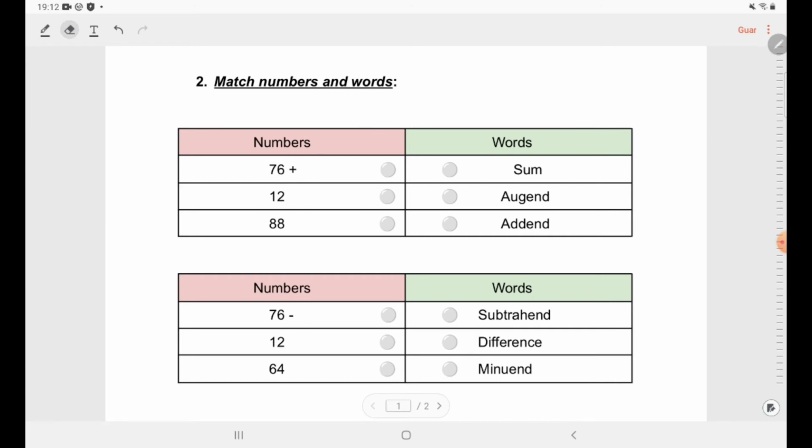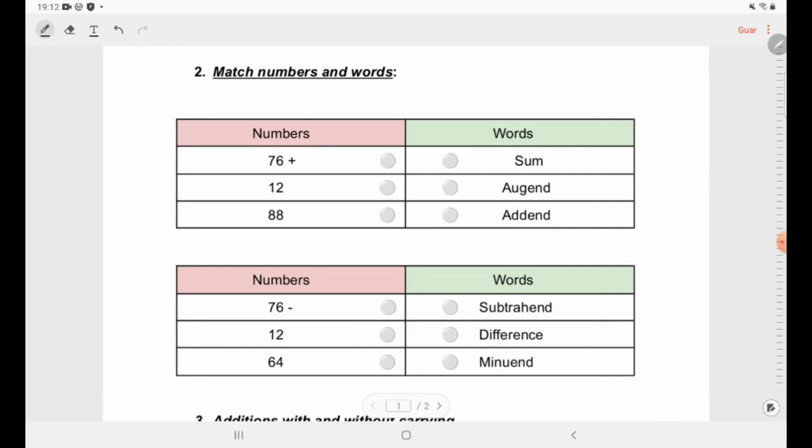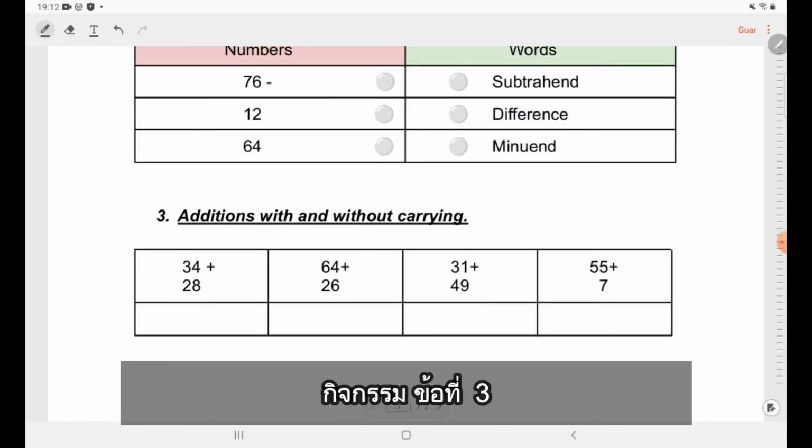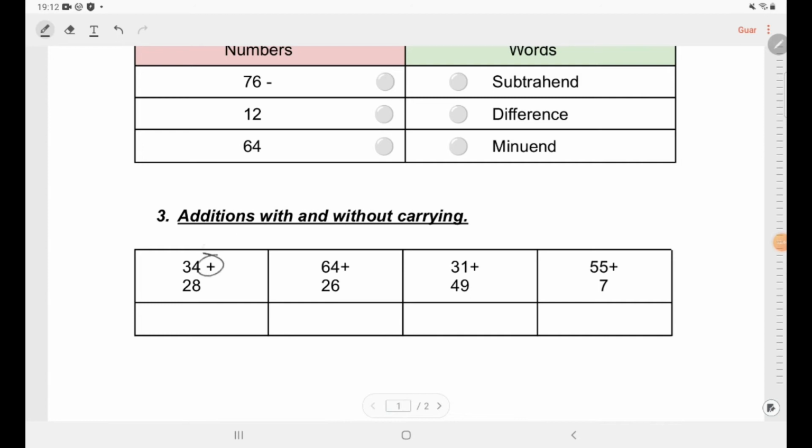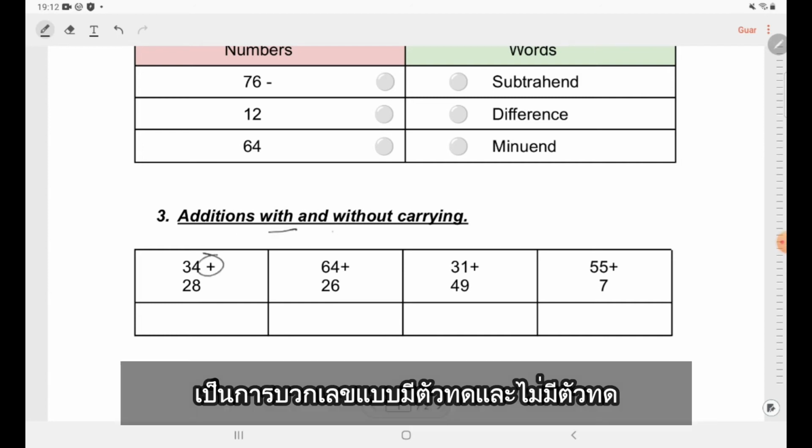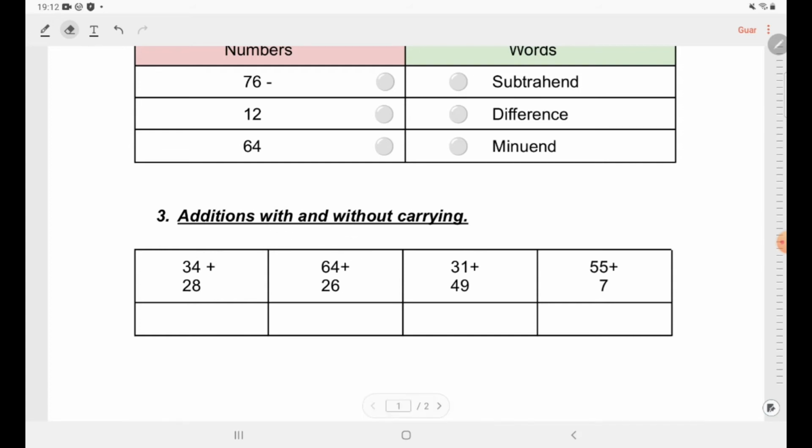Now let's move on. Here we have exercise number 3. Exercise number 3 is quite simple. It's just make additions. Okay, this is addition, and it could be with or without carrying. Okay, for example, maybe all of them are with carrying. Okay, so any addition that